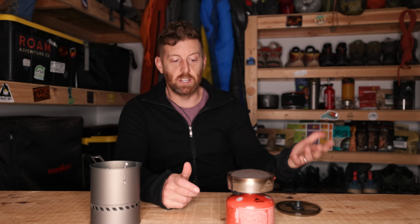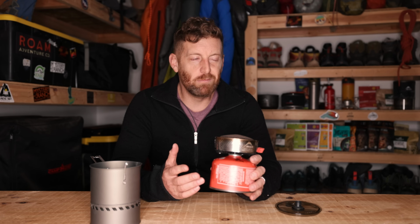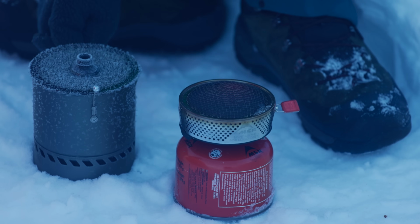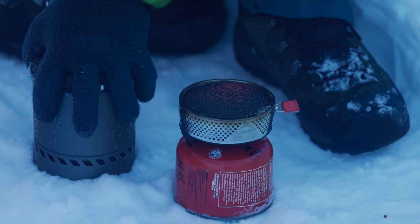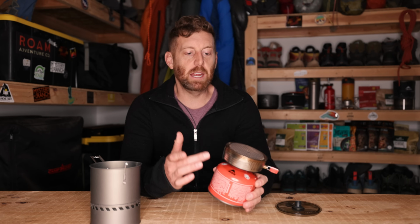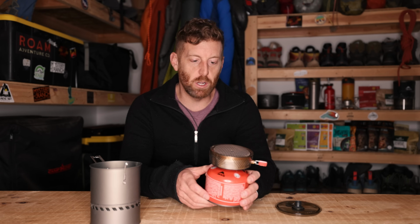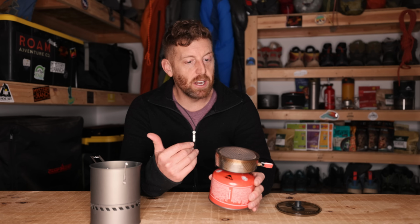And now a lot of people have pointed out, and they're right to do so, that these kind of fuel canisters just aren't great in super cold weather. And a lot of people prefer liquid fuel. A while back, I had a break-in in my car and somebody stole my Whisperlite, and I just never got around to replacing it. For really cold camping, I would say use liquid fuel stoves, but all things considered, the Reactor,